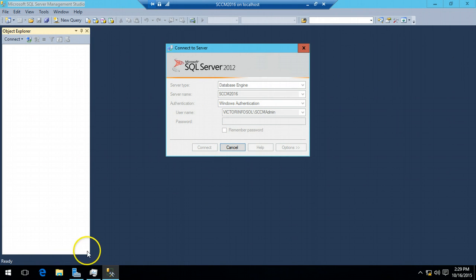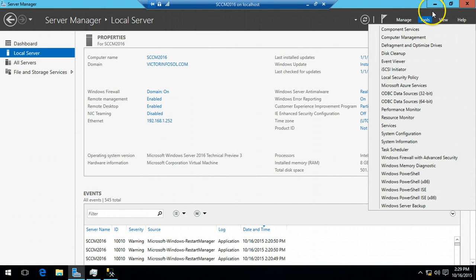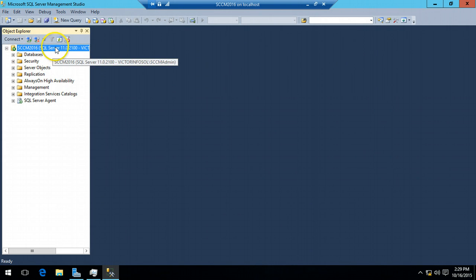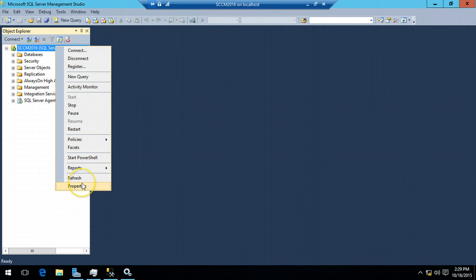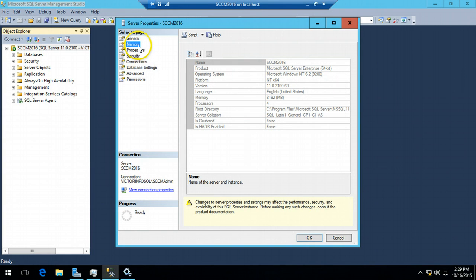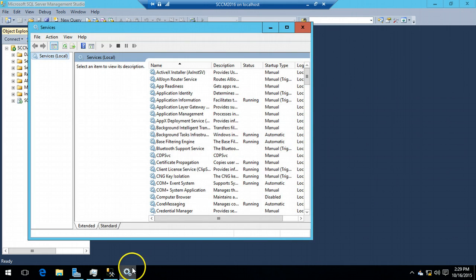Click on connect. And one more thing I want to do here, in the server tools, if I go to services, so here is the server. I'm going to right click on my server name, go to properties, and change my memory allocation. For the minimum it's like 8 GB, and for the maximum I'm going to give it like 10 GB. So I'm going to click on apply, and on the services,